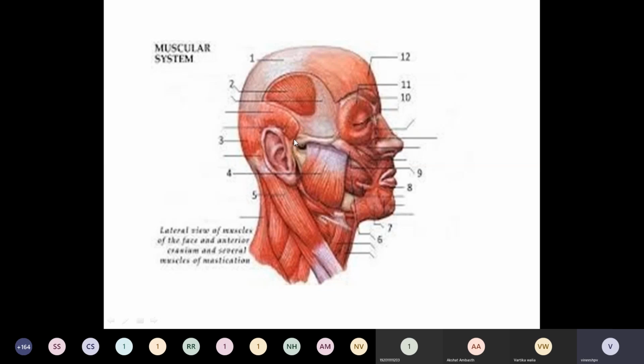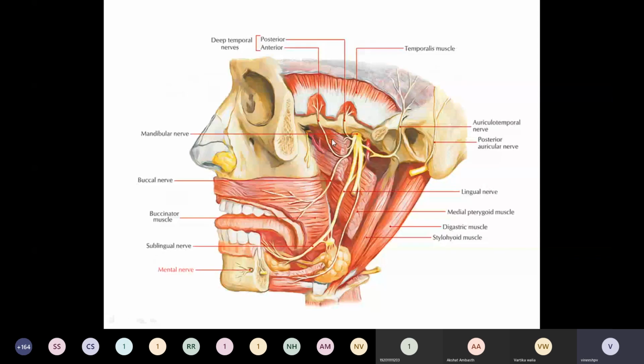Now we removed the parotid gland. Now we can see the zygomatic arch, the mandible and the TM joint, and here the base of the mandible, the masseter. To enter into this infratemporal fossa and to see the mandibular nerve and maxillary artery, we are supposed to cut this zygomatic arch, cut this mandible, and take out this mandible. We'll go inside that infratemporal fossa. Now we can see like this. I cut the mandible here, and the zygomatic arch we cut here. So what is the mandibular nerve?